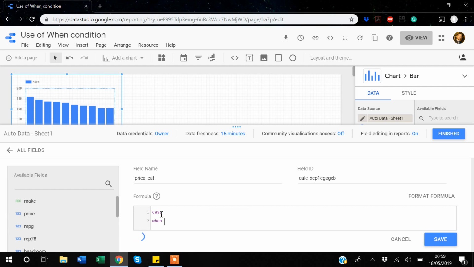So I will be saying when price, where the price is this variable, is greater than or equal to 7,000, then I will be saying assign high price category. So the high price category will be assigned to the observation under the price cat variable,